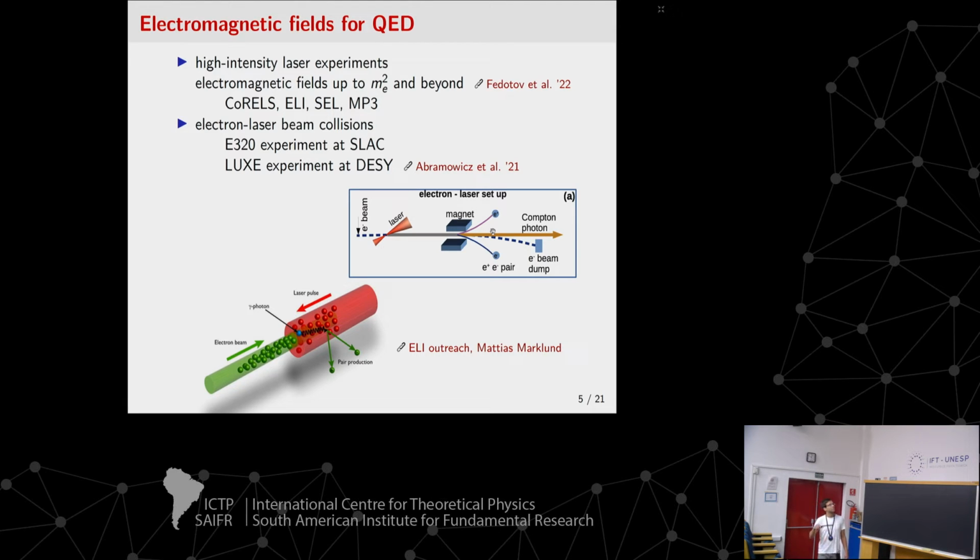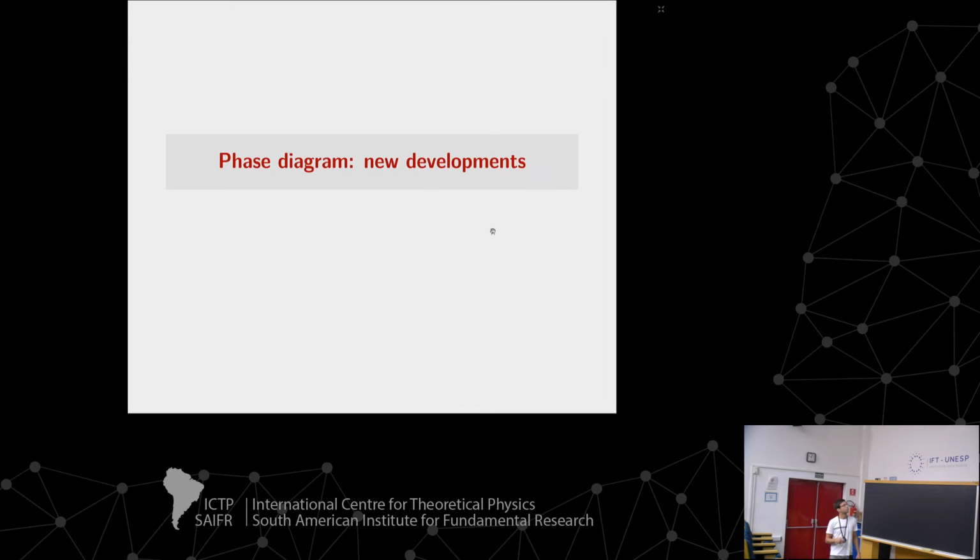And one of the ideas in these new experiments is this. They are colliding things. They are colliding electron beams with a laser pulse. So it's also a collision experiment, but it looks quite different from our very well-known heavy ion collision stuff. And they are probing the interesting nonlinear dynamics of QED in this strong field regime. What does this have to do with QCD? Well, not much, but I will show you at the end when I discuss the electric fields. Some of the results that we discuss are also relevant for QED, and for that setting, it is relevant to understand this kind of